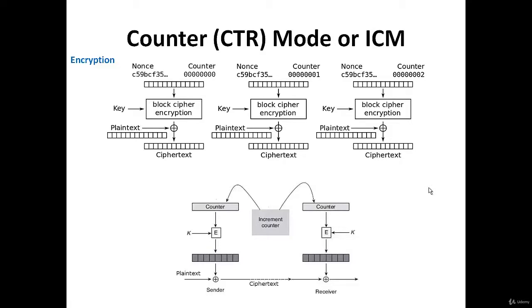Finally, the best method, which is most commonly used these days, is the counter mode, also called integer counter mode, ICM, or CTR mode. Here the counter is initialized with a nonce. Nonce means "not once". Basically it's like an initialization vector, a random number used for a special purpose: by putting in that random number we prevent something from reoccurring.